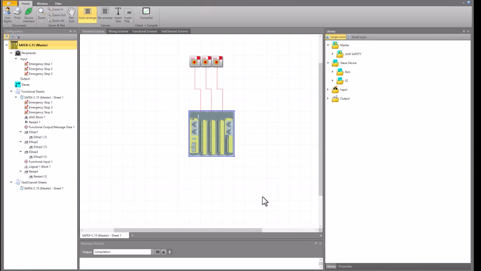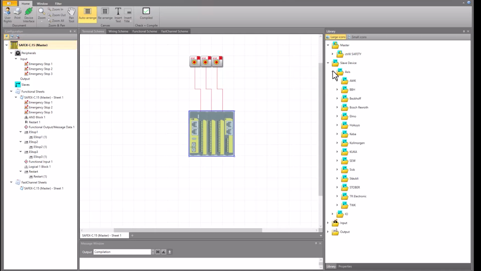I select the slave device from the library with which I want to communicate. I find it under Slave Device, I/O and Bosch Rexroth.